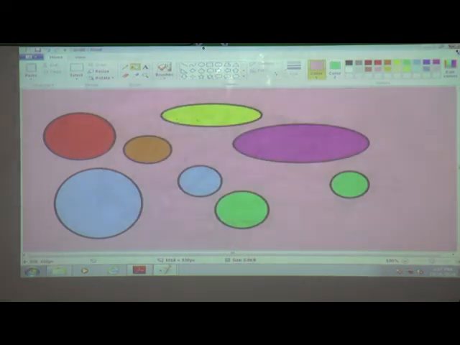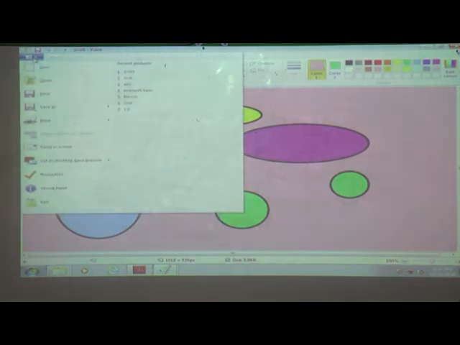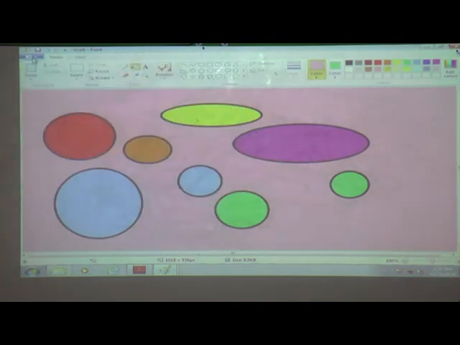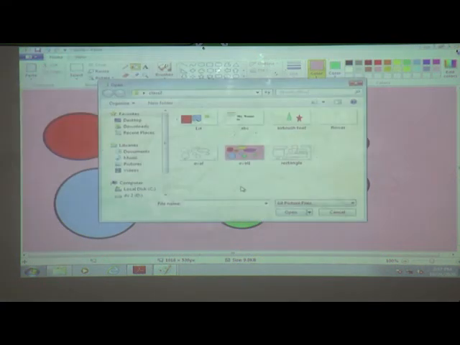Now we will give color to the rectangle file. How to open this rectangle file? Click on the paint button, then open, then take the rectangle file and open. And how to give color? Select the fill with color tool. Select the first color. Select the second color and give the colors.